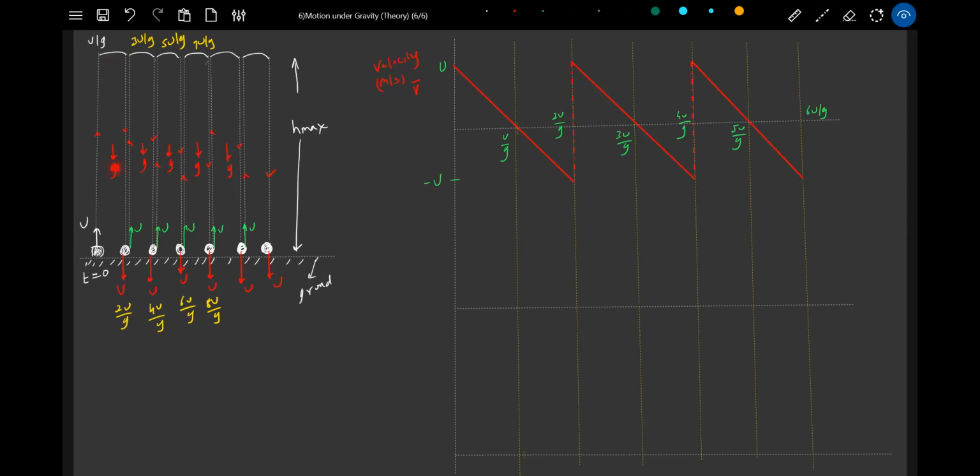But the acceleration due to gravity acts vertically down only. So this is a retardation, this is acceleration. The curve should be like this. Why should they have the same slope? Because the direction of motion changes, not the acceleration due to gravity. Okay, let's plot the